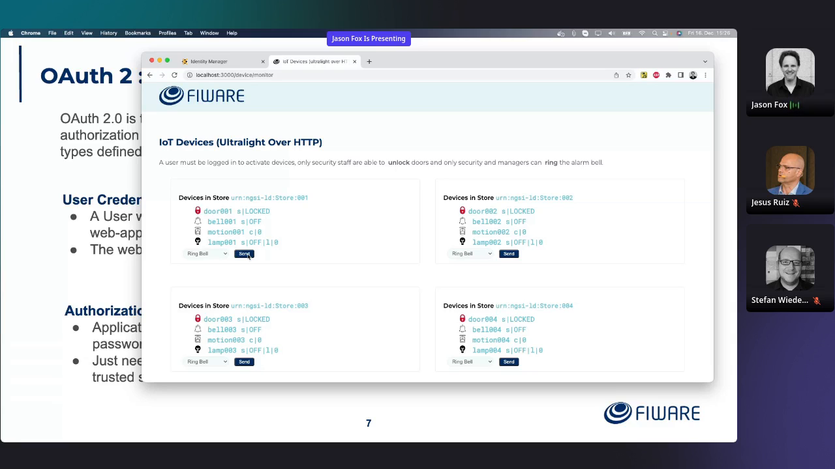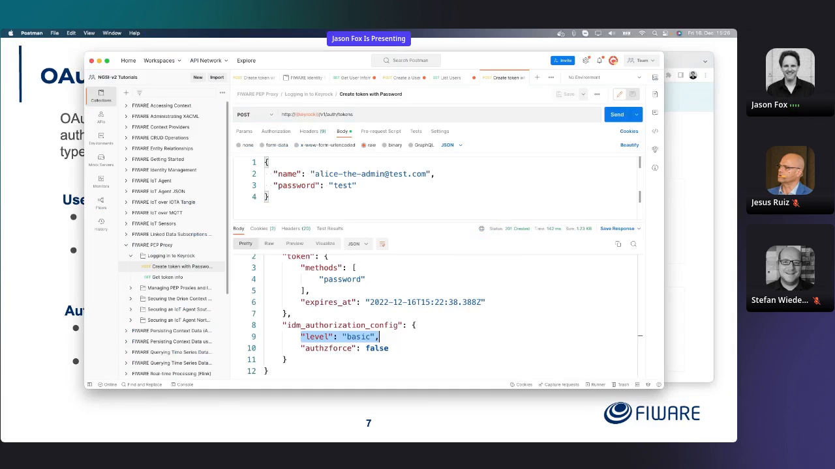it's not that this application understands this. It's being passed for adjudication by the PDP. In this case, Keyrock is taking the role of the PDP as well, to say, is this access allowed or denied? Looking at it in more detail,